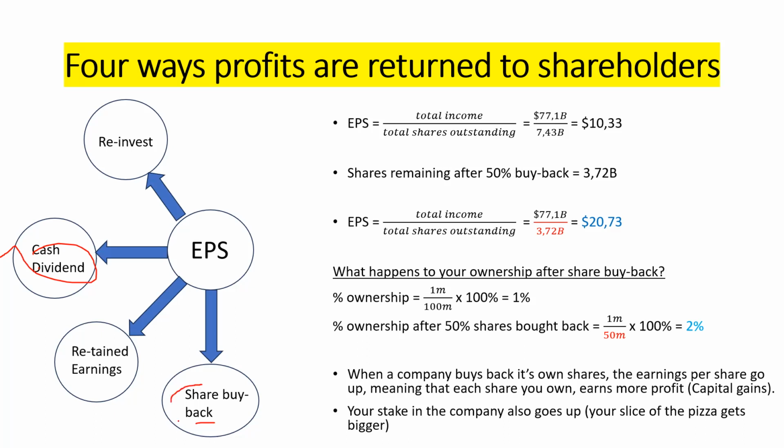Number 2, they reward their shareholders through share buyback. Some companies do not pay out cash dividends. Instead, they reward investors through share buyback. Share buyback is when a company takes its profits and uses this to buy back a certain portion of its own shares in the open marketplace. Once bought, the company takes the shares out of circulation and effectively cancels them. These shares no longer exist. This reduces the number of shares outstanding, which is good for us as shareholders of the business.